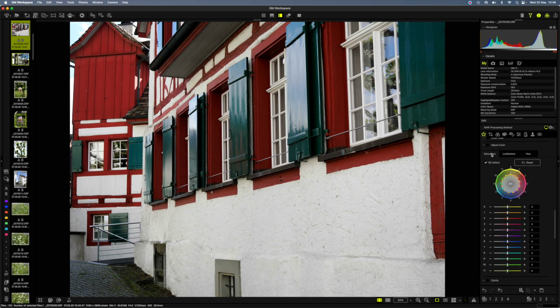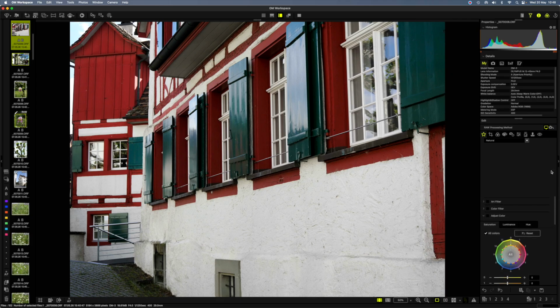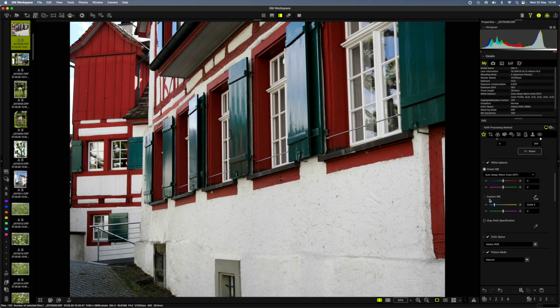This is all at the default values. I can select the camera white balance setting, and now you can see I'm getting closer to what we saw in Affinity and what we saw in DxO Photolab, for example. And now we can start working on this.